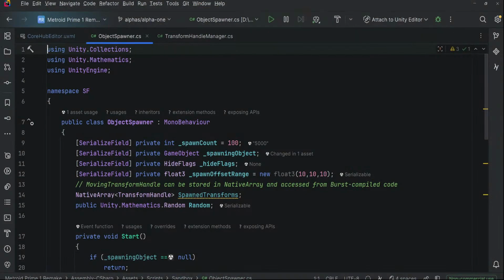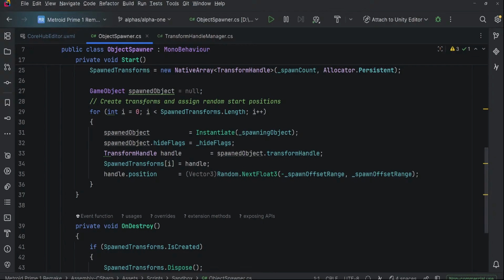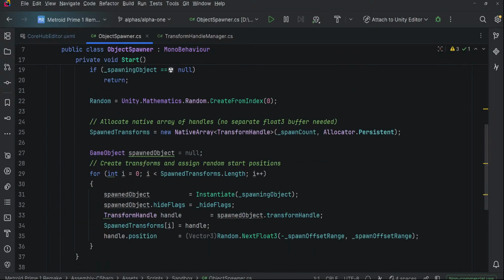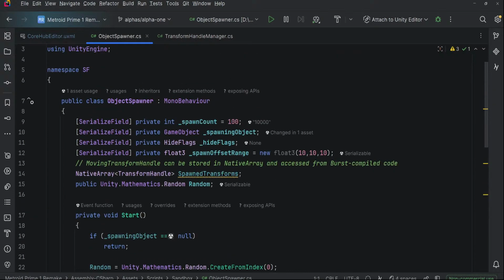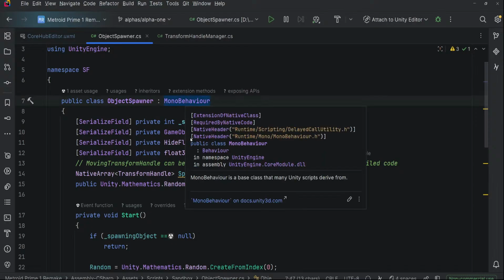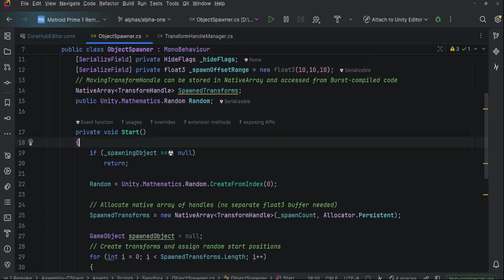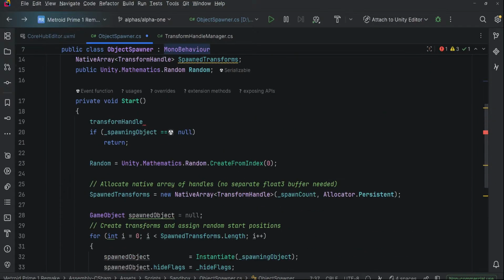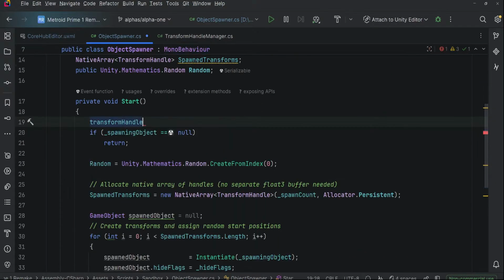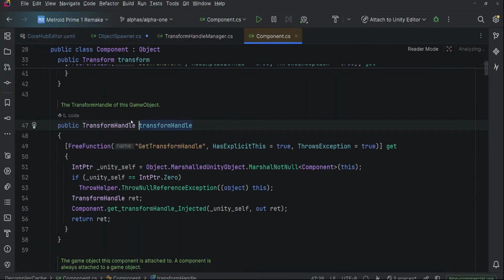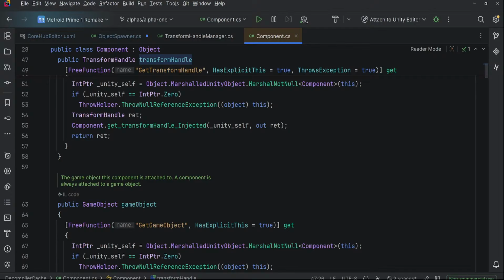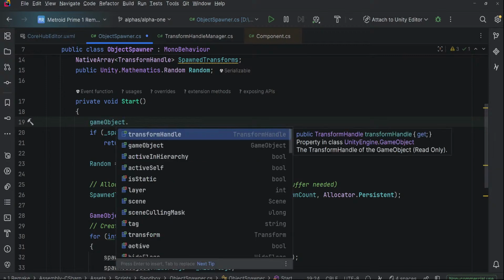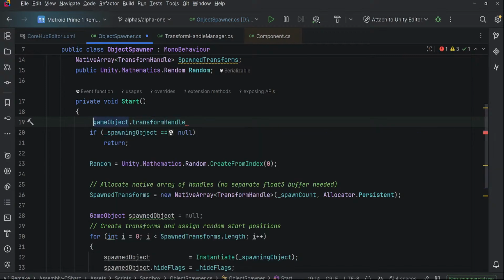But basically, that's why we're going to be using transform handles. Really high performance, really good memory control, stuff like that. And I think starting with Unity 6.3, all game objects, actually all MonoBehaviours, also have a transform handle. So instead of using transform, you can just say transform handle, and so forth. And if we go in here, you'll see that transform handle is just getting the component off the game object. I'm going to be honest, instead of doing that, you might want to just do gameObject.transformHandle,